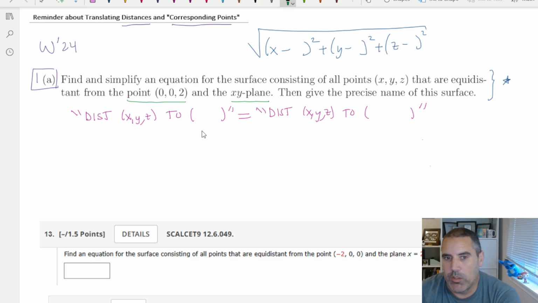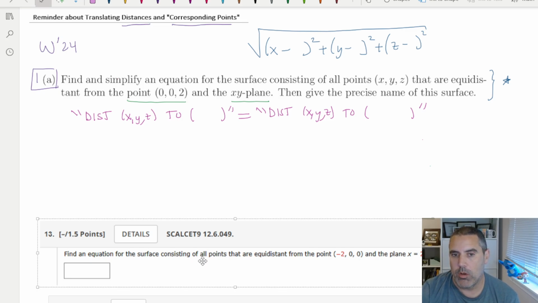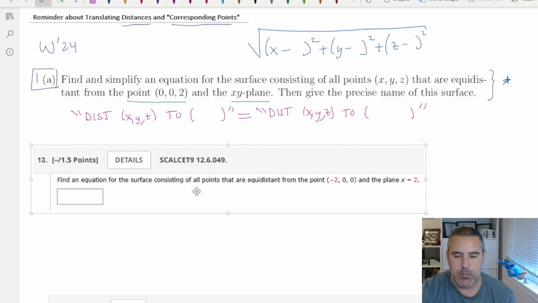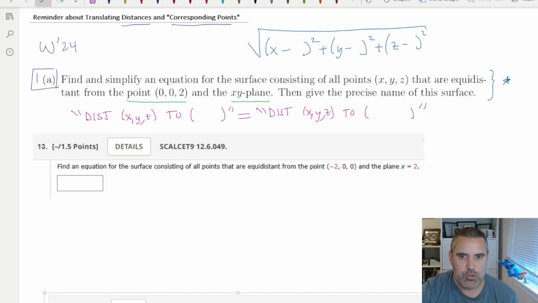I do want to make one comment. This is not meant to be negative. It's just a comment about how I write exams. I tend to always have a few questions that come directly from homework. And I want to comment because sometimes when I read a discussion post, I don't get the full story, because sometimes people will say, I have no idea how to do such a question. And we have a couple questions, again, not meant to be negative, but we have two questions from the homework